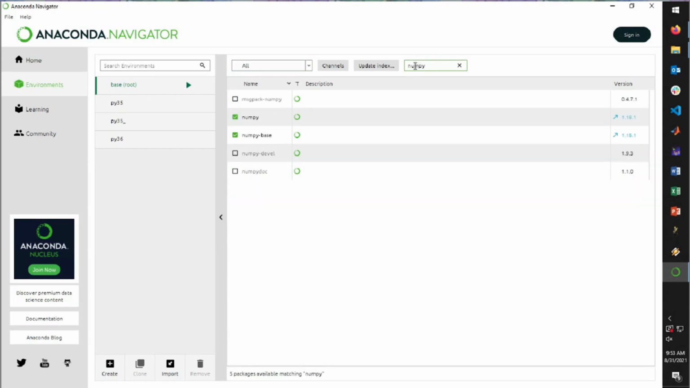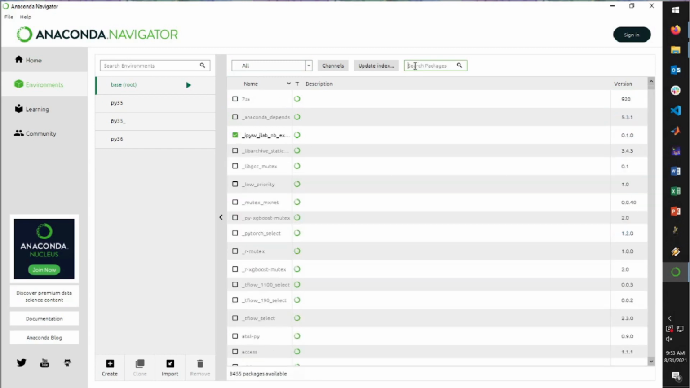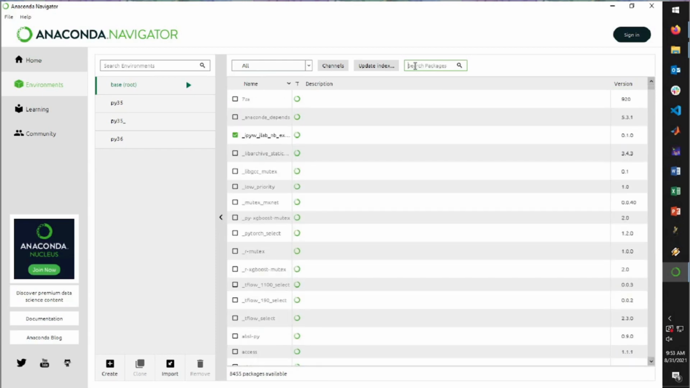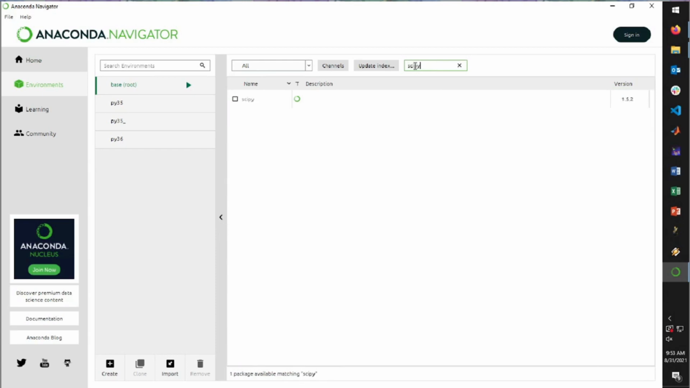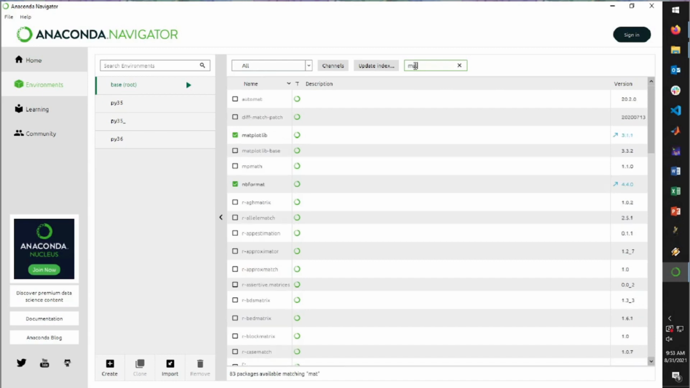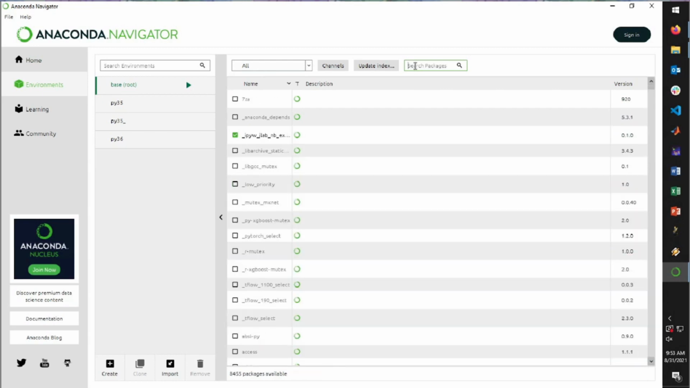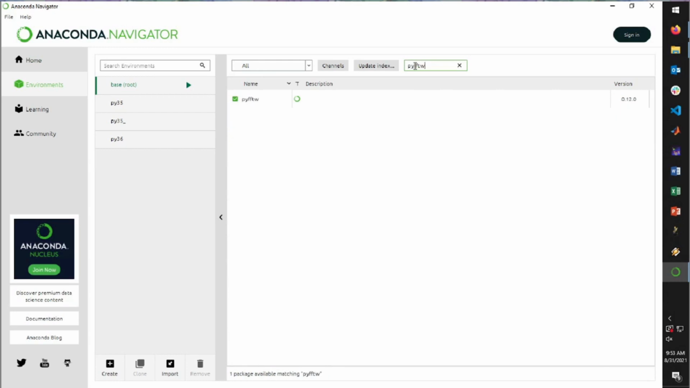NumPy, check that it's installed. Imageio, also installed. SciPy, check. Matplotlib, check. And PyFFTW, check. Now, odds are you won't be able to install the PyFFTW package, so we will need to